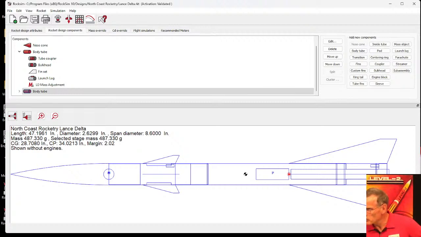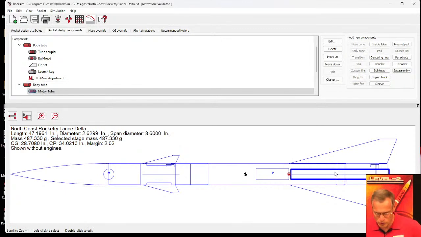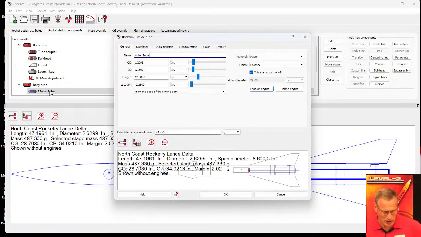Okay, where the motor tube is also too long from actual. Marcel says, if I remember correctly, the motor tube is also too long from the actual. Yeah, so he's saying that this motor tube is longer than what you actually get in the kit. So we're showing a length of 12 inches. And